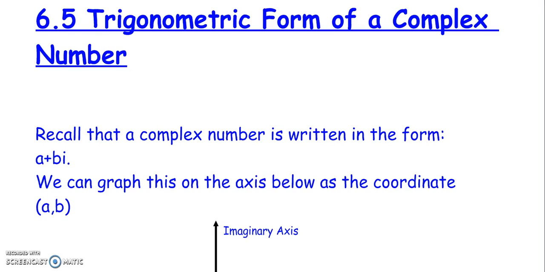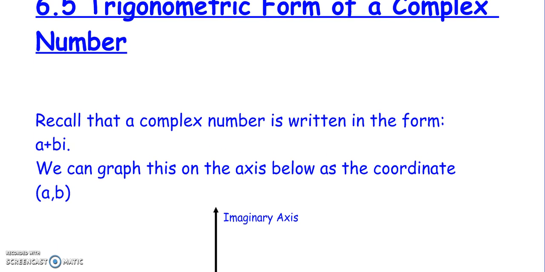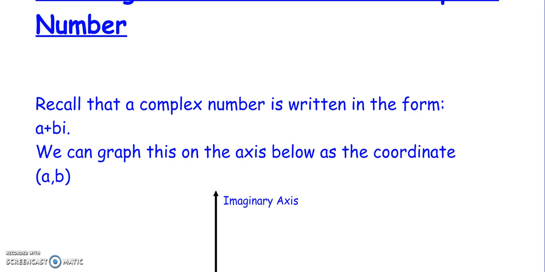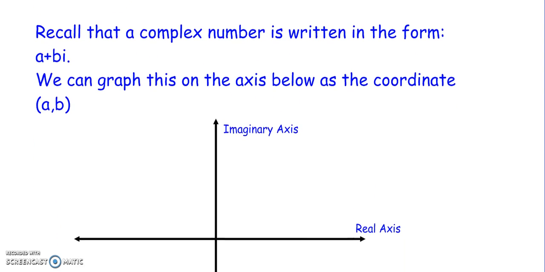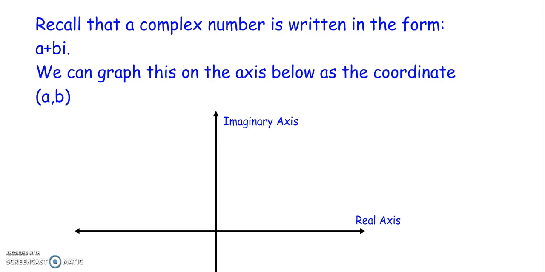All right, today we are going to be talking about section 6.5, the trigonometric form of a complex number. So the idea here is we're going back to complex numbers. Remember, complex numbers involve i. Remember, i stands for the square root of -1, although we're not going to be using that a